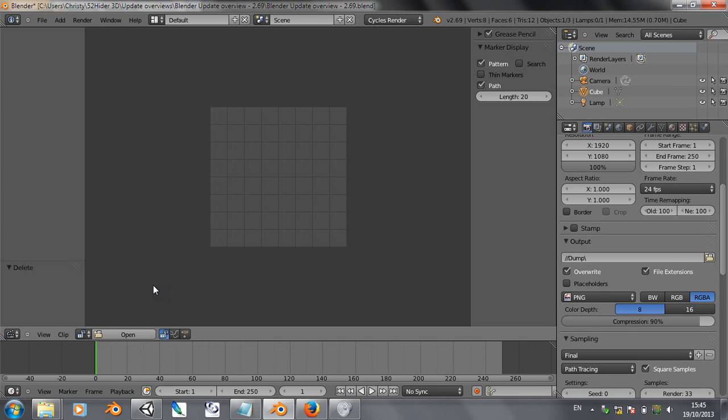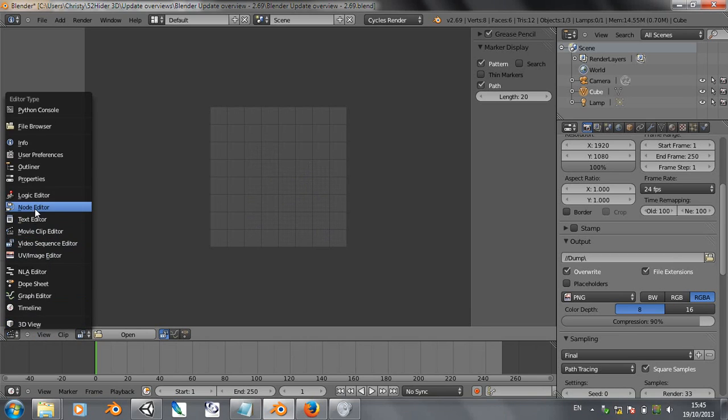So if you have a poster on a wall that you want to change, you have a new way of creating a plane track, which basically sticks a box onto a surface, or it can track a surface. And then if you go into the node editor,